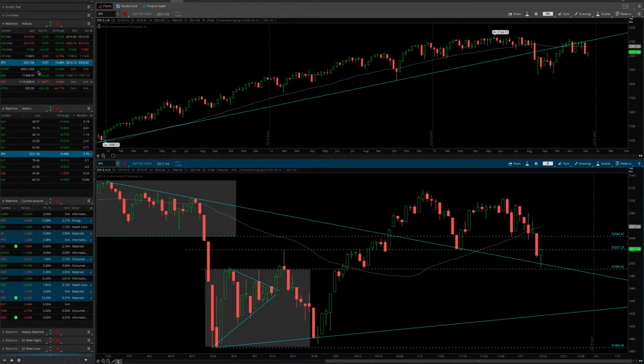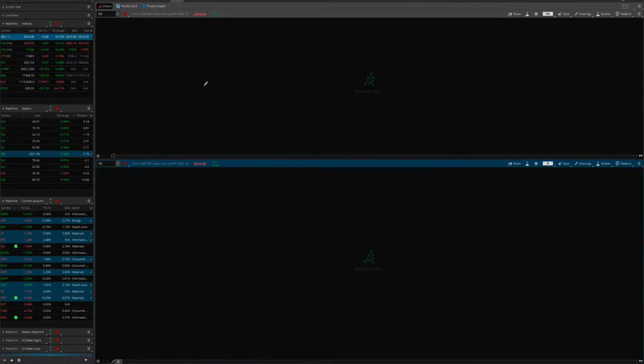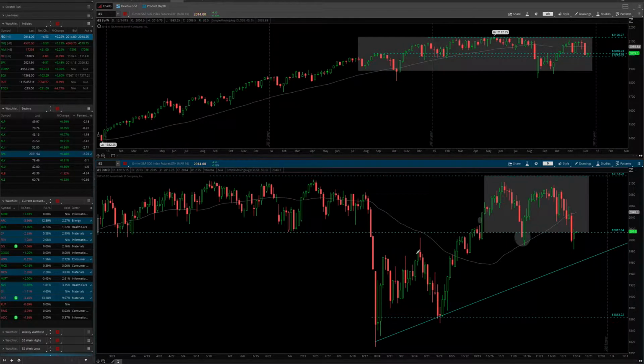If we look at the S&P 500 futures, we came into the areas that we were talking about in Saturday's stock market outlook and free video, and essentially you could see that right here. We came right into that 1990 area, coming close to that trend line support, so looking for some continuation. You can see we closed pretty much right at that 2012 area, and actually after hours trading a little above it. So I would expect to see some kind of follow through action to the upside tomorrow,